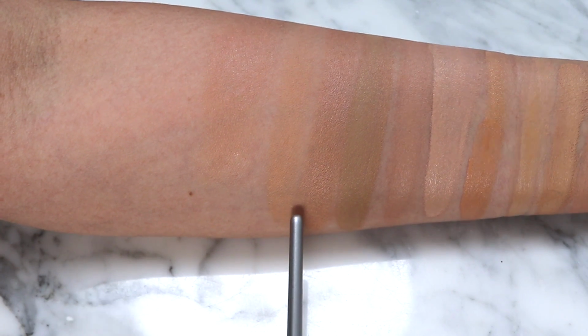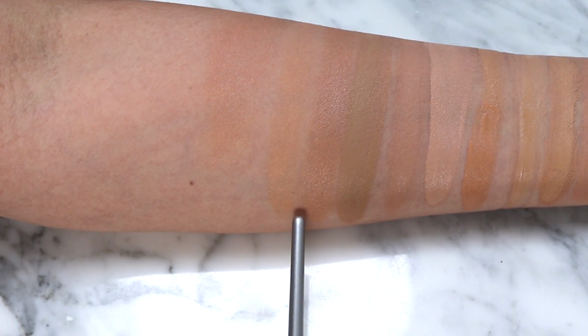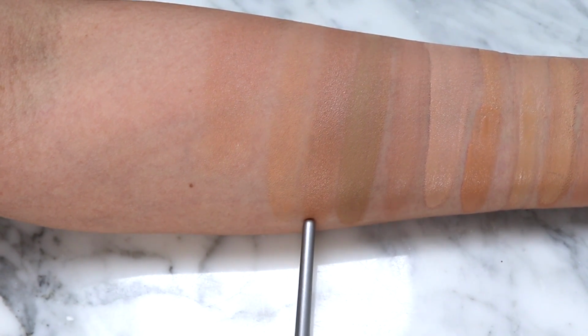I'm really impressed with the way this looks all over my skin. I will use it as a bronzer during other parts of the year, but if you are a shade or two deeper than me, this might be a really lovely foundation for you. So it's kind of like a hidden gem when it comes to foundation products, that it has this lovely lightweight soft focus effect on the skin. Really comfortable as well. Moving along, we also have this, which is a skin enhancing, I like to describe it